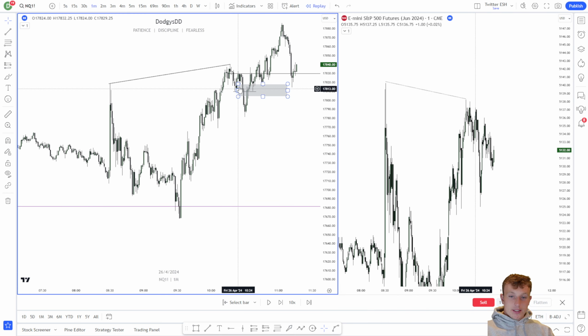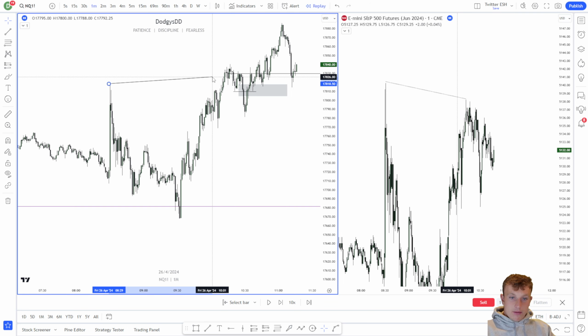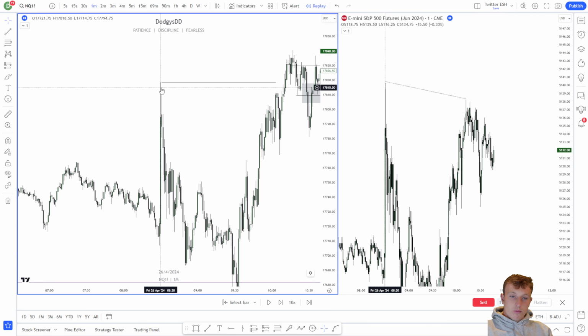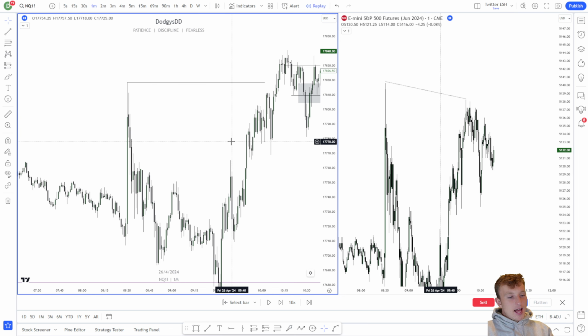All right, and here's the other reason. The other reason is actually because it's a Friday. If you know anything about liquidity targets, which I'm going to go over in a later video, this wick was actually a wick off of news, which is a great liquidity target. And the day I live streamed this day,